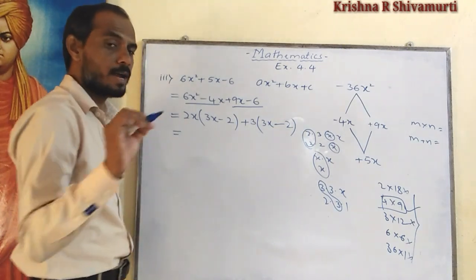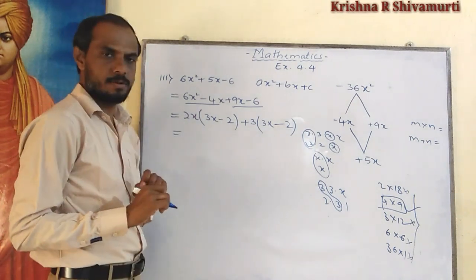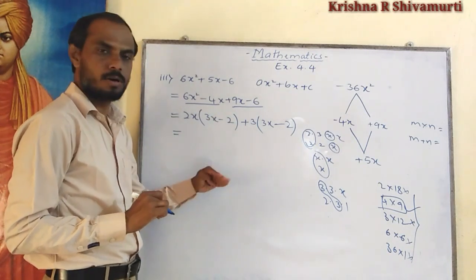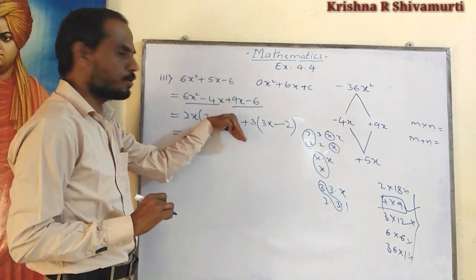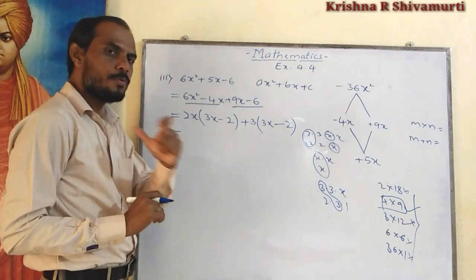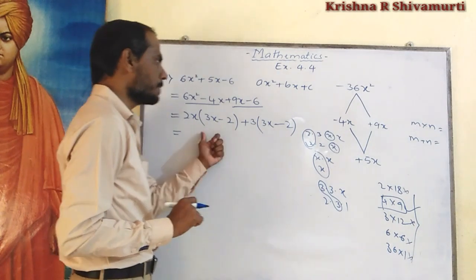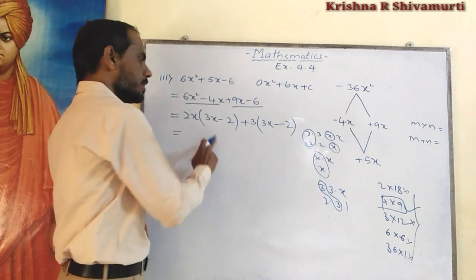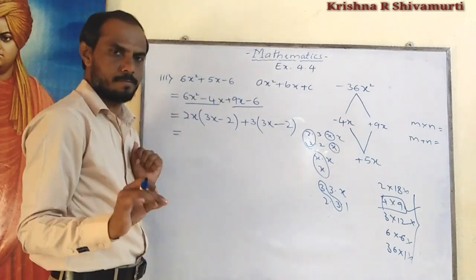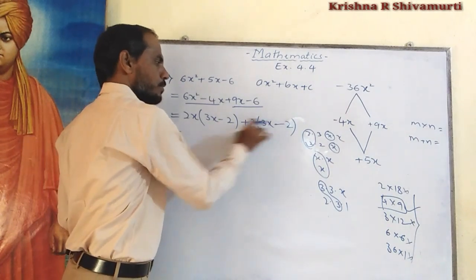Observe, students, in the factorization process, a very important observation. What do we have to observe? Did we do it correct or not? Are our following steps right or wrong? How to verify, how to check? One clue is there. In the second step of the factorization, check the brackets; both brackets should compulsorily be the same. If you did it correctly, definitely it will become the same.